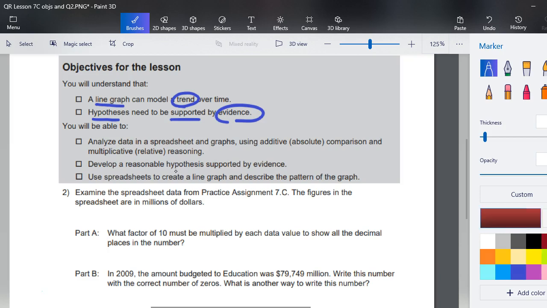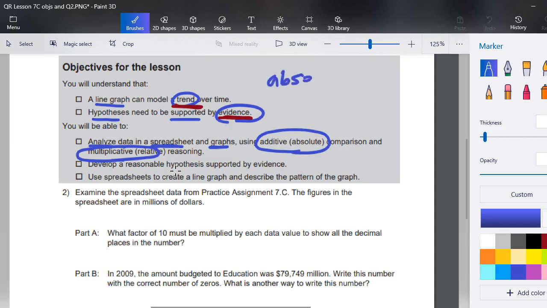And that's why in this lesson, we're going to be looking for trends, and whatever we're talking about, we want to support it with evidence. You're also going to be able to analyze data in spreadsheets and in graphs. We're going to use additive or absolute comparison as well as multiplicative reasoning. And either in prior classes or in your preview, you have been looking at absolute change and relative change. With the absolute change, start associating the word additive, and with relative change, start associating the word multiplicative. We're also going to be able to develop a reasonable hypothesis that is going to be supported by evidence,